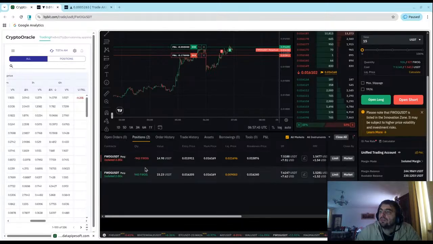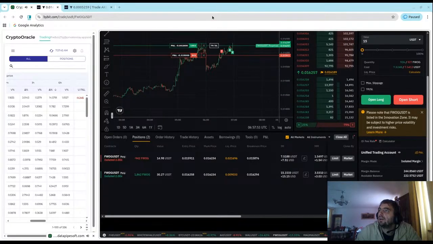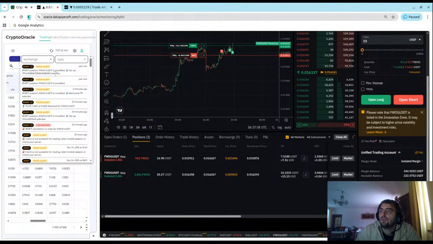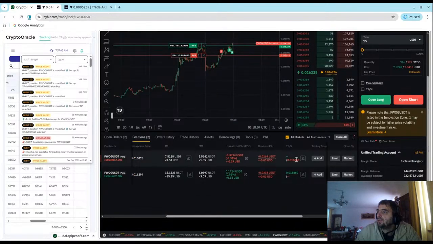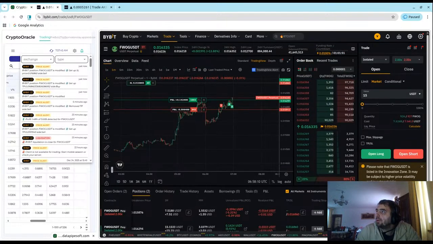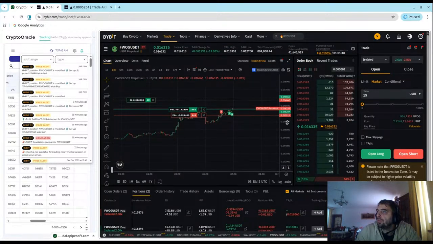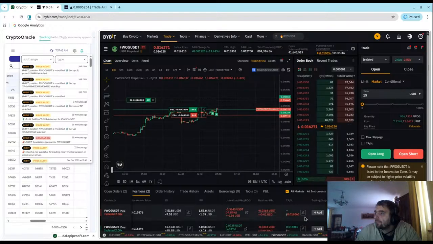So, for example, if we hedge here, let's say put another 15 here. Right? You see, we got a modification. What the robot did here is set up our stop loss and take profit. Let me show you here.